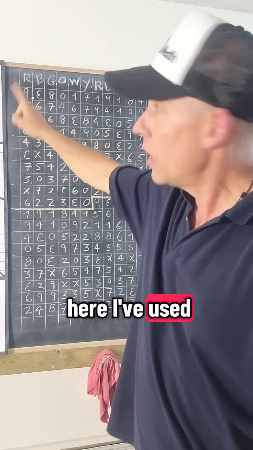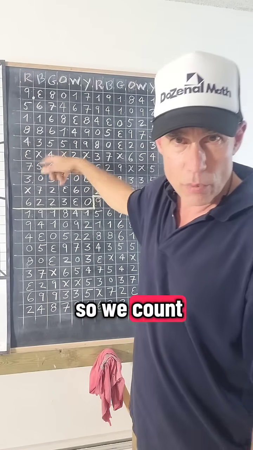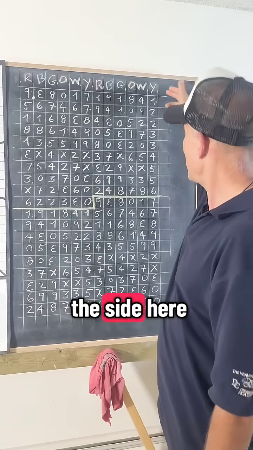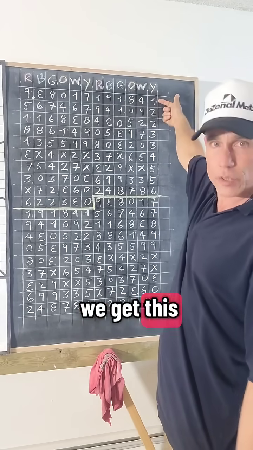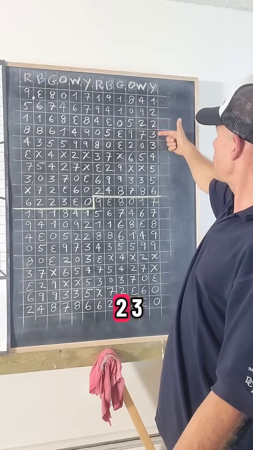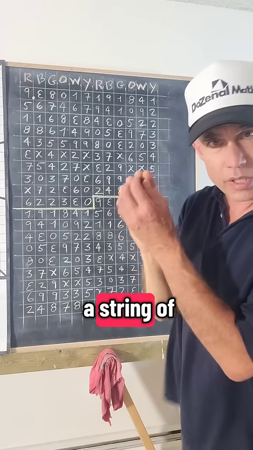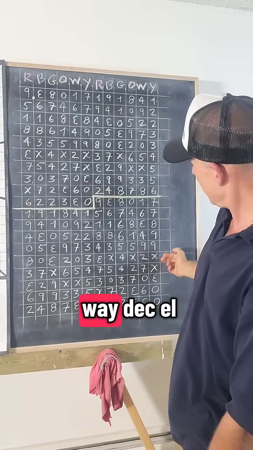Here I've used the symbols L and dec. So we count 1, 2, 3, 4, 5, 6, 7, 8, 9, dec, L, do. And if you look down the side here, so we have a row of 12, this pattern suddenly emerges. 1, 2, 2, 3, 3, 4, 5, 5, 6, 7, 8, 9. So it's a string of numbers that has a certain growth, from 1 all the way to dec, L, and then